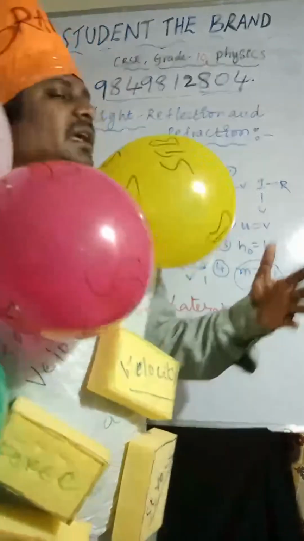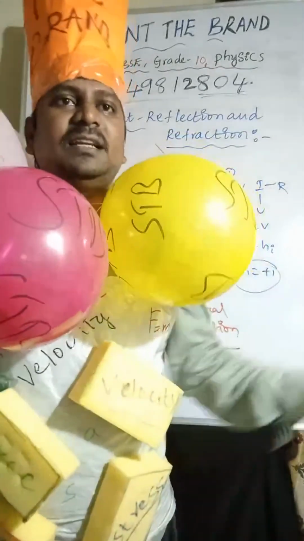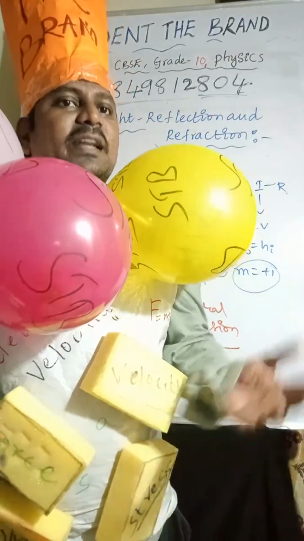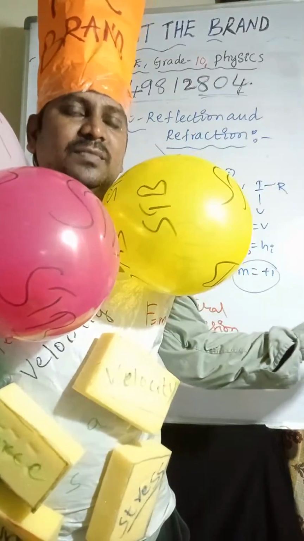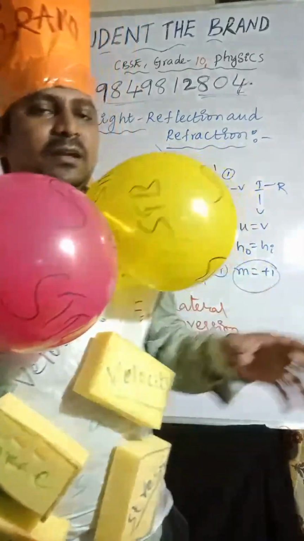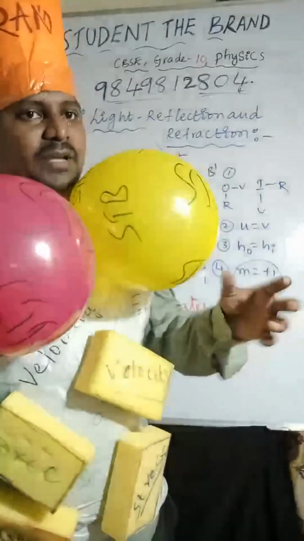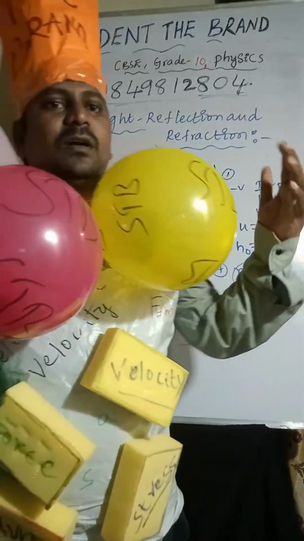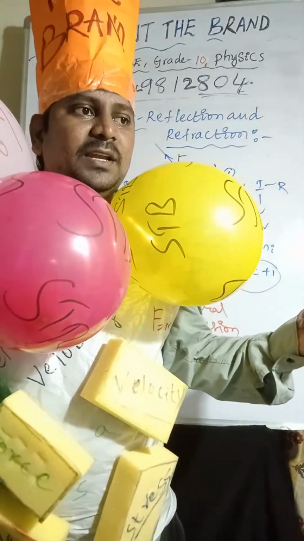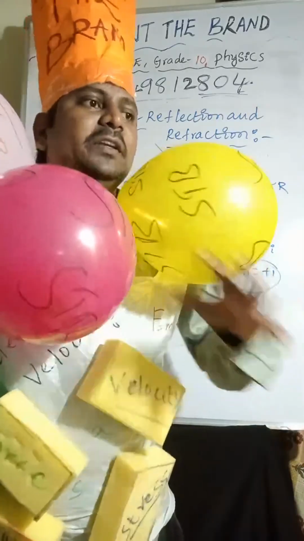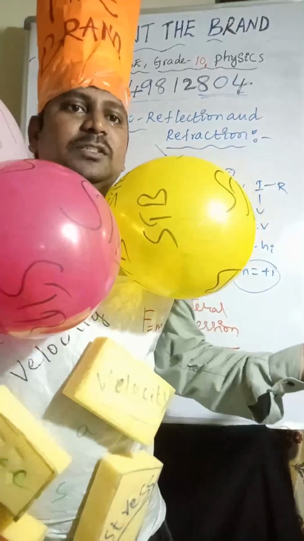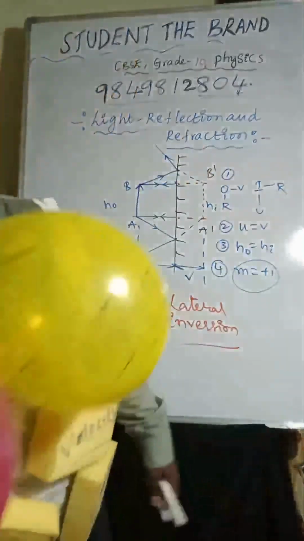Next one is lateral inversion. What is lateral inversion? The phenomenon in which the right side of the object appears to be the left side of the image, and the left side of the object appears to be the right side of the image. So that is a mirror image. We discussed the object, the image, and the nature of the image formed by the plane mirror. Next, we are going to discuss one more topic, spherical mirrors. Spherical mirrors are nothing but,